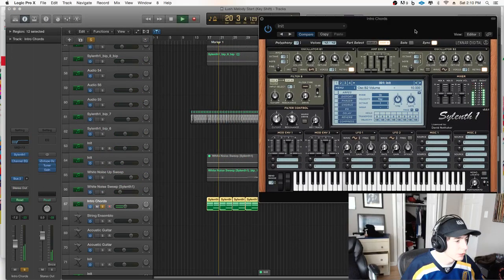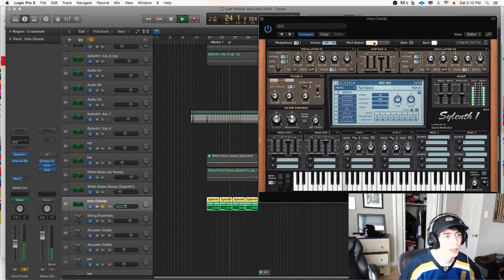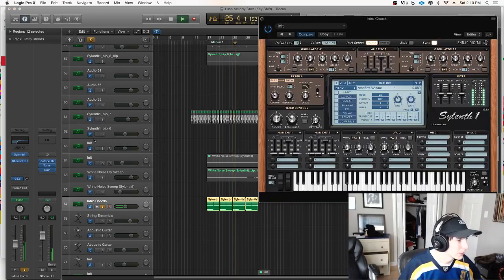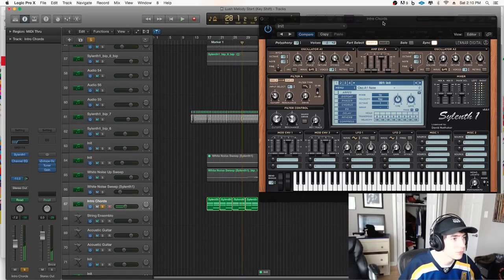This was one of the first software synths I ever got to wrap my head around, you know. So it's what I know how to use the best. It's a really simple tool. It's a really simple synthesizer. Pretty much, if you don't know what Serum is, it's